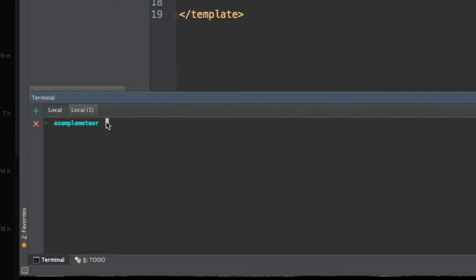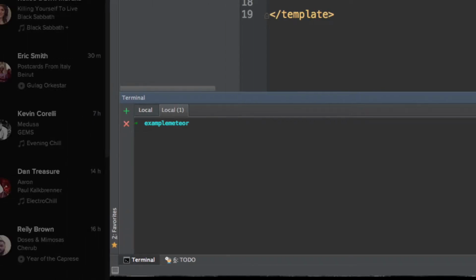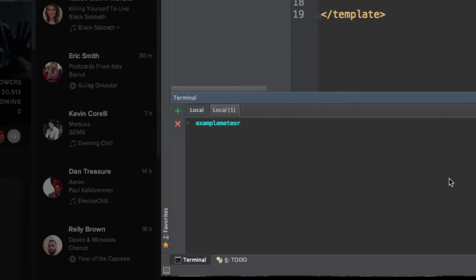From here, I want to install our Meteor accounts package. So to do that,